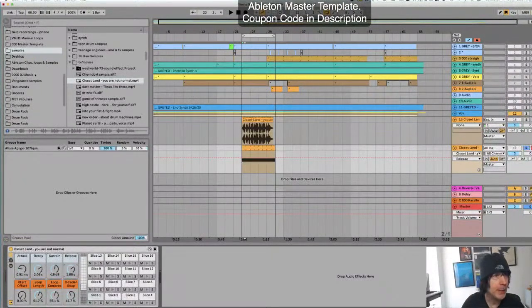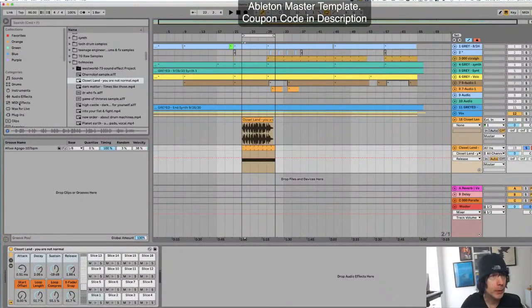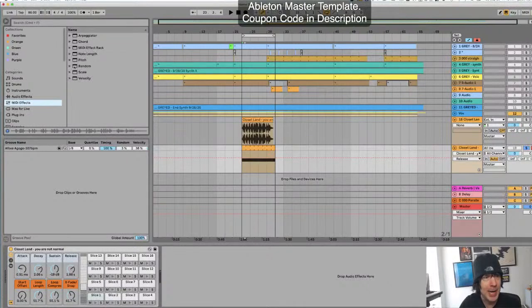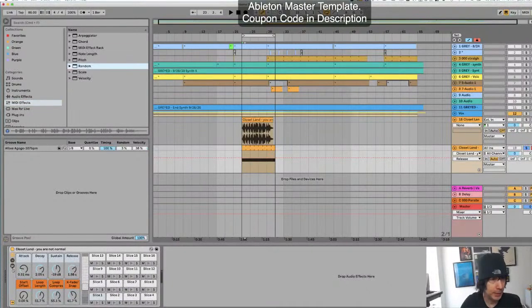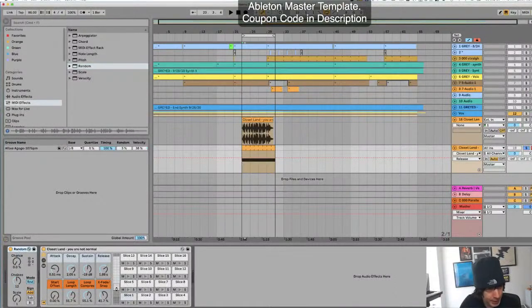I'll come into our MIDI effects and grab a random tool. All right. And chance 100%, choices a lot. Scale, I don't know what the scale is going to do for us. But yeah, now, okay, so right now,